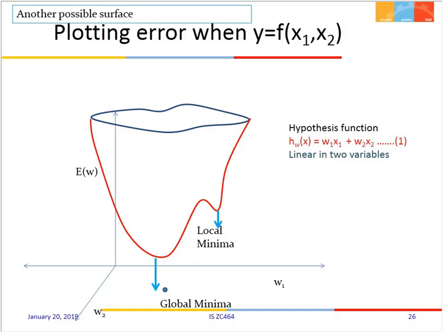So rather than getting stuck in the local minima, we always want to reach the global minima and find the corresponding W1 and W2. There are techniques which give us ways to avoid local minima. There are ways to reach the global minima, and several evolutionary algorithms like particle swarm optimization, etc., would help in reaching the global optima faster. The basic technique in reaching the global minima is gradient descent, which doesn't guarantee that it will not get stuck